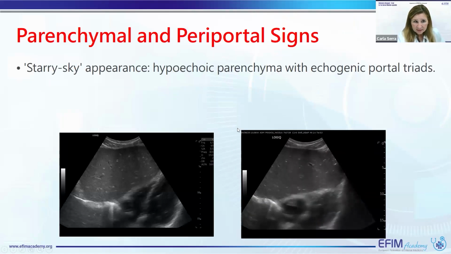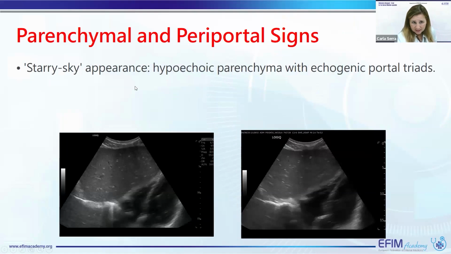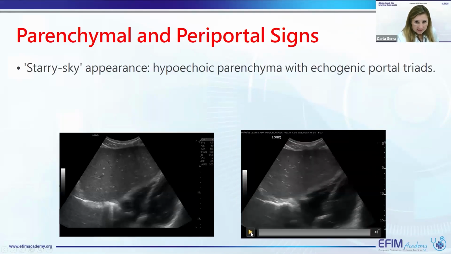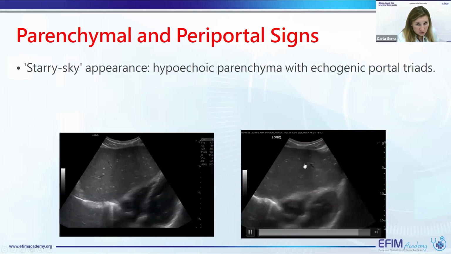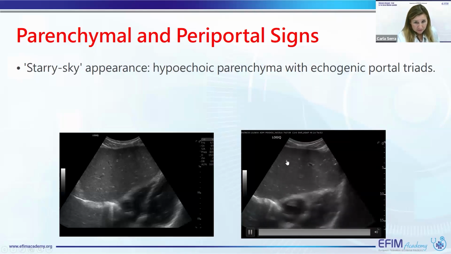Another important sign is the so-called starry sky appearance. You can see here echogenic portal triads that are so well visualized in the hypoechoic parenchyma. And you can see also in this video what is the typical starry sky appearance. You can see the typical